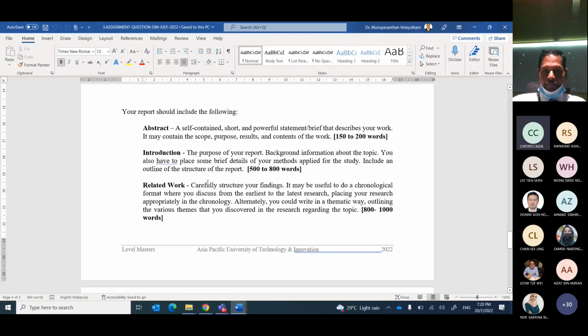So in the introduction, try to give background information about your topic, right? Try to give the purpose of your report. Okay, so all these things are basically your understanding about your data set, right? So that is the reason why we are making it very clear that you should have a clear idea about what data set you are trying to use in your assignment, right? So you also have a place